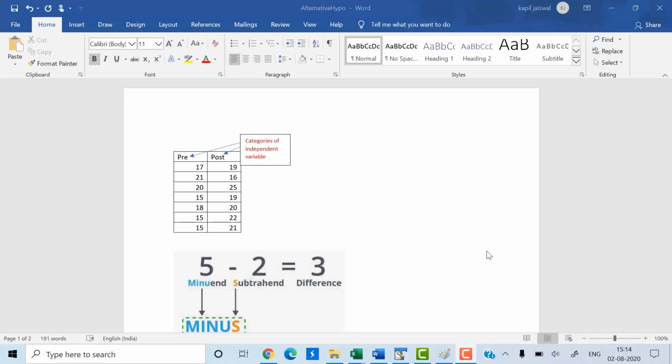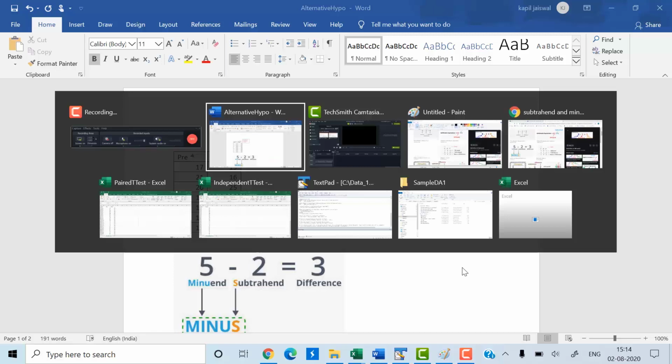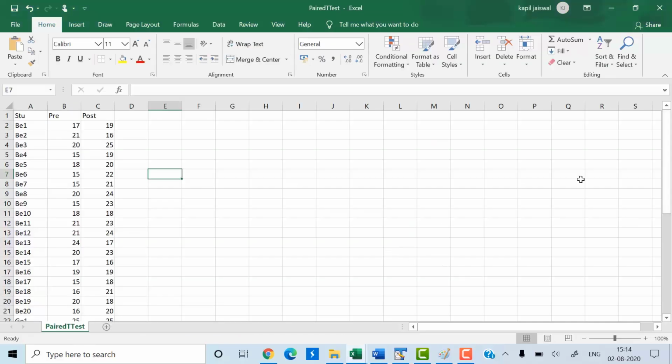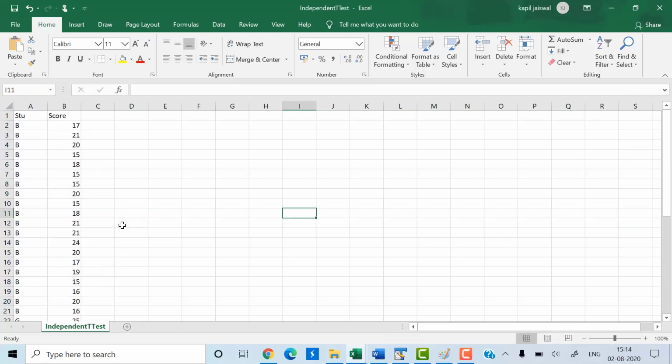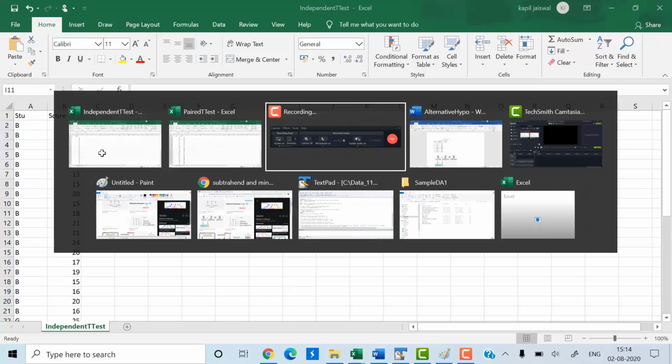So let's take some time to understand how to frame the alternative hypothesis for the different types of structures that we have. As I showed you earlier, there are two different structures. For paired sample t-test, I had a structure like this, while for independent sample t-test, I had a structure like this. Okay, I tried to explain the difference earlier, but now I'll try to make it more clear with the help